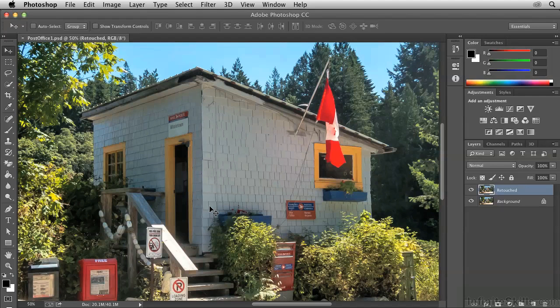And then secondly, we'll create a layer mask which more precisely isolates the siding from all of the rest of the image. So let's begin in postoffice1.psd by selecting the pen tool. On the options bar, select Path Mode. And then click a point right here at the top of the wall,